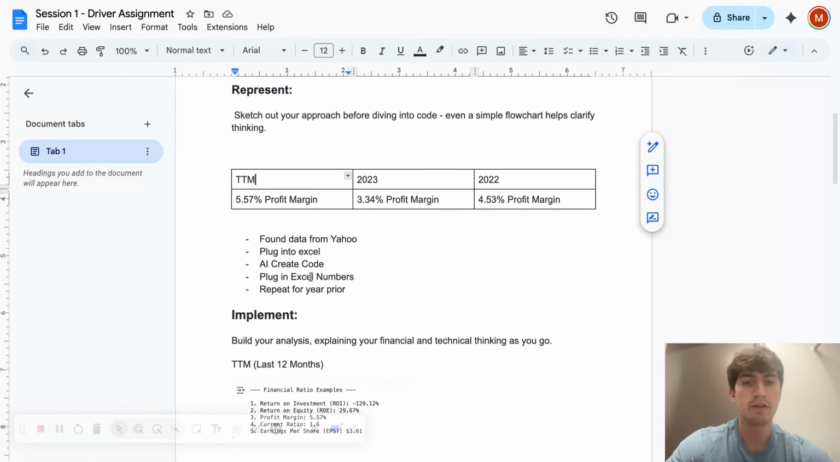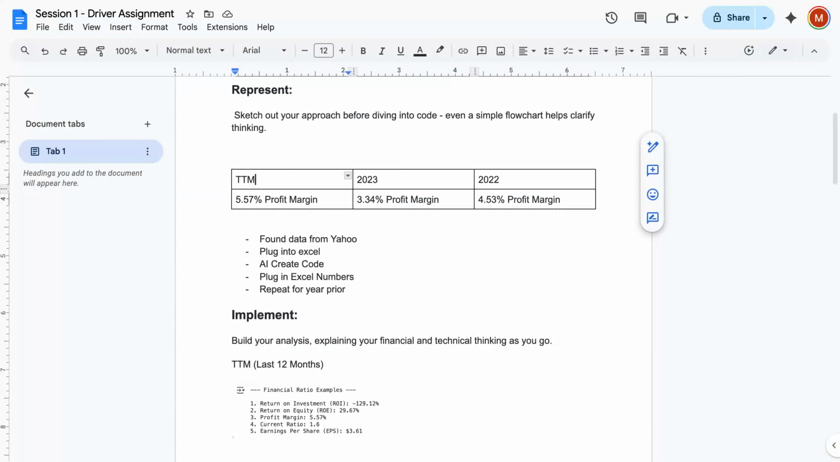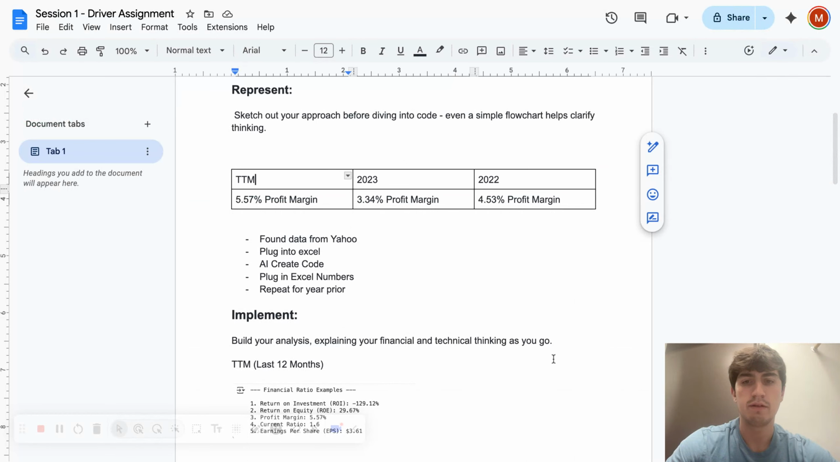We had the AI create the code. We plugged in the numbers from that Excel sheet into our Colab, which I'll get to. And then we repeated it for the years prior to that, 23 and 22. First, we went into Yahoo and looked up all of these. And as we were doing that, we showed that. And then in Excel,